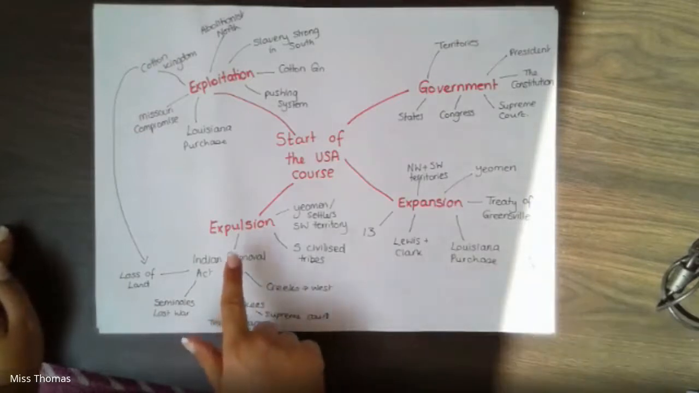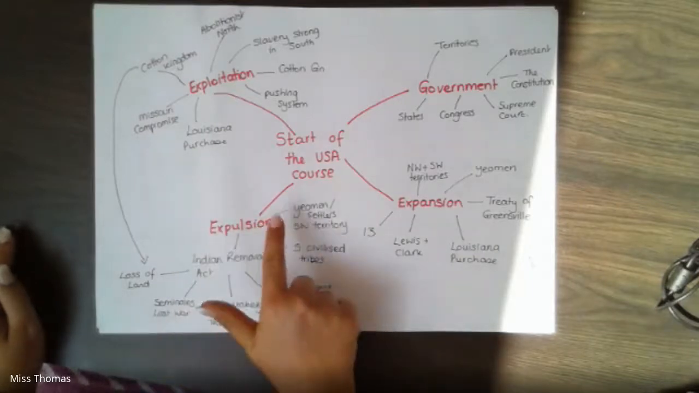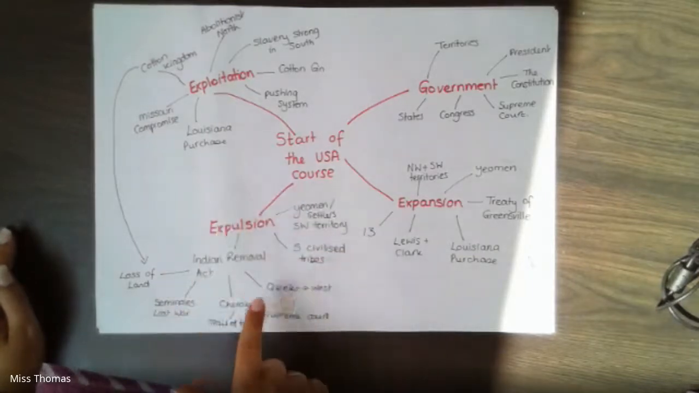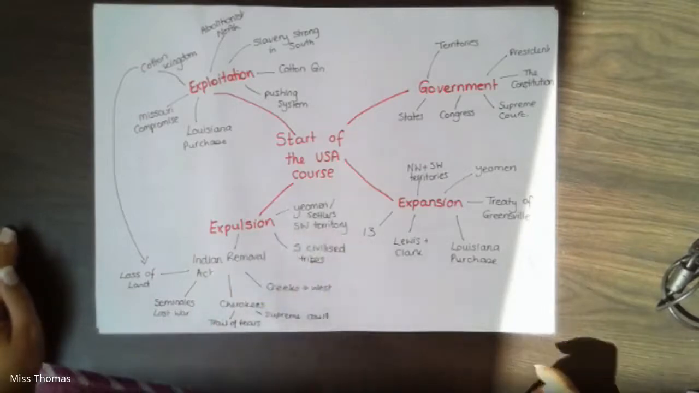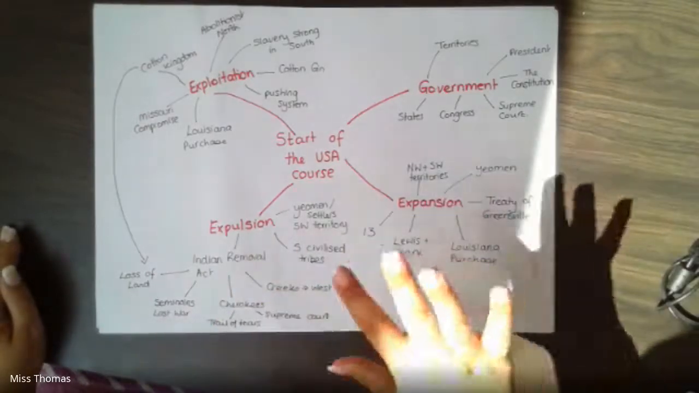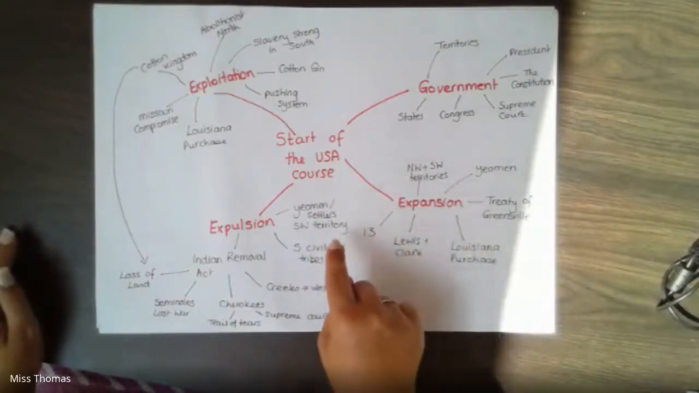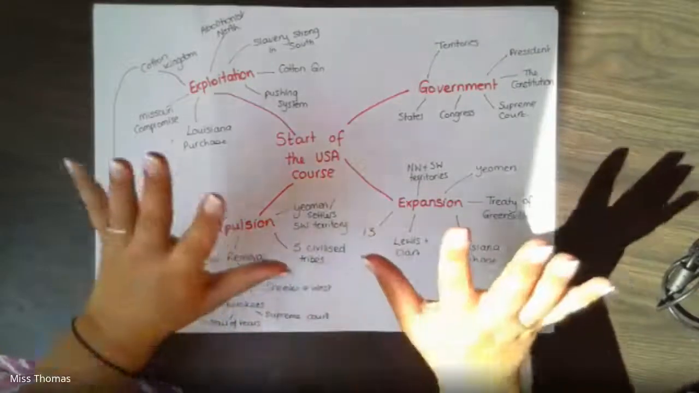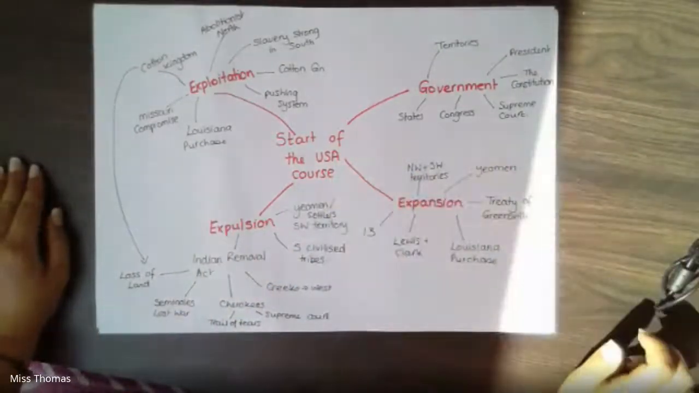So our third section of this mind map is expulsion. Now this is mainly based on your Native Americans, indigenous people of this early part of the course. So one reason the Native Americans are expelled off their land, they're pushed off their land, is because of human settlers settling in the Southwest Territory. They simply push the Native Americans off their native lands so that they are able to inhabit the land and